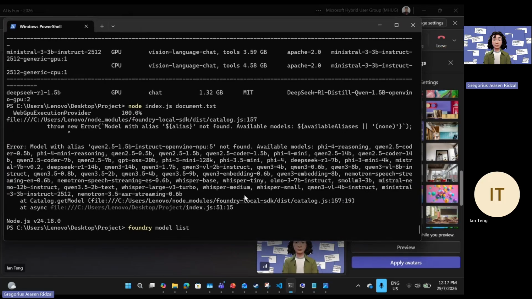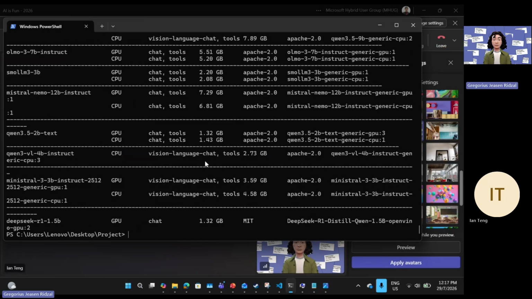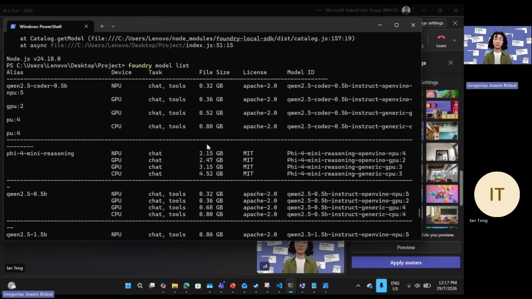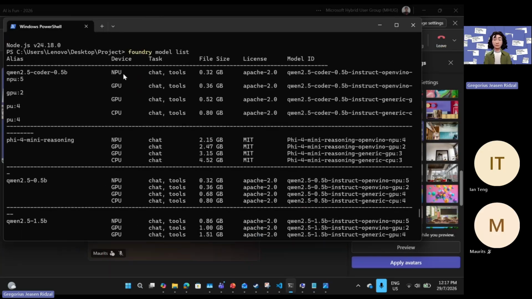The nice thing with Foundry Local, similar to Ollama if you've used Ollama, is that you can bring your own models. Let's say you've downloaded one off Hugging Face or something, you can put it on here. You can see that it's also separated by execution providers. This one uses the NPU, this one is on your GPU, this one is on your CPU, and all the parameters are different.